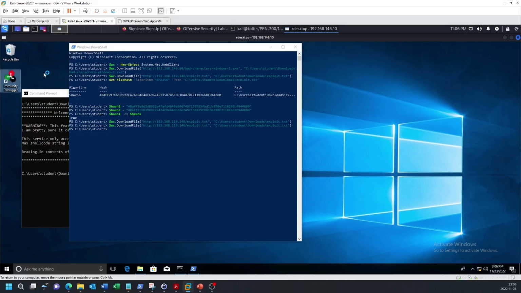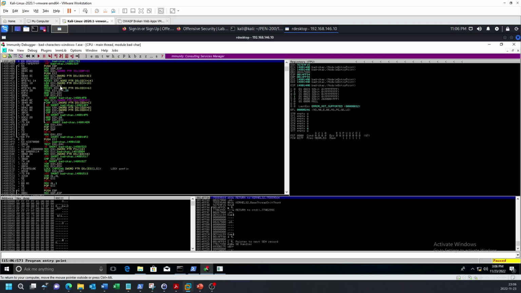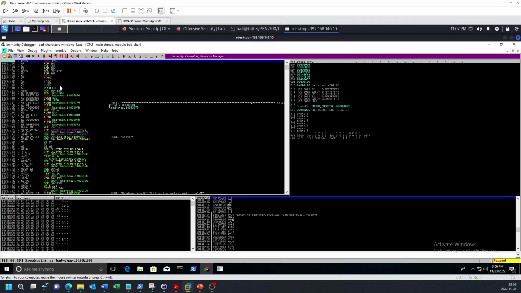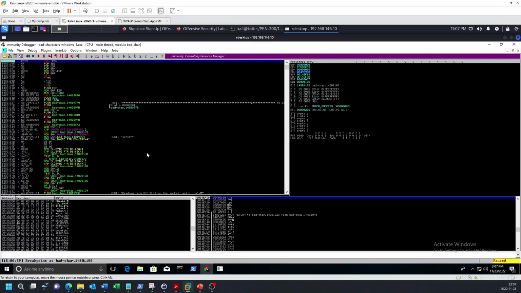Run Immunity again and open the exe file. Press F9 to run the application until we hit the breakpoint. Check the memory dump for the EBX register. We can pick up where we left off rather than starting from the beginning.